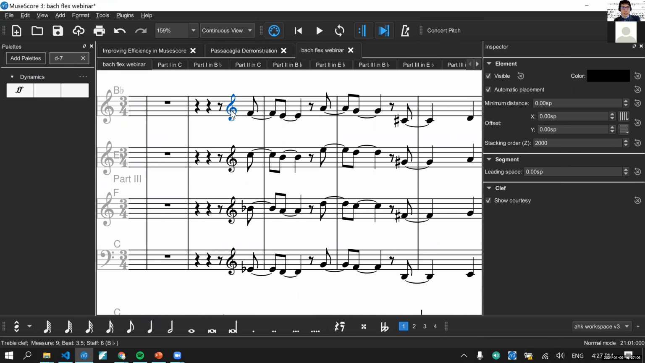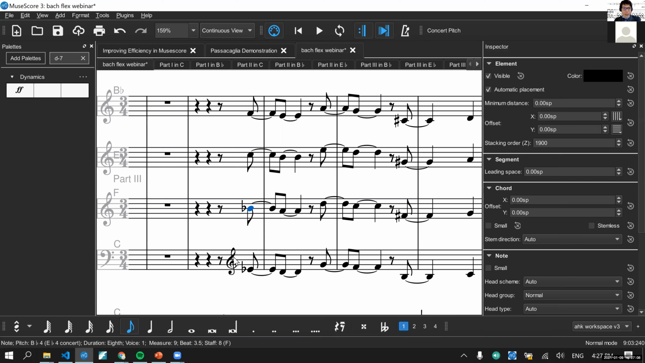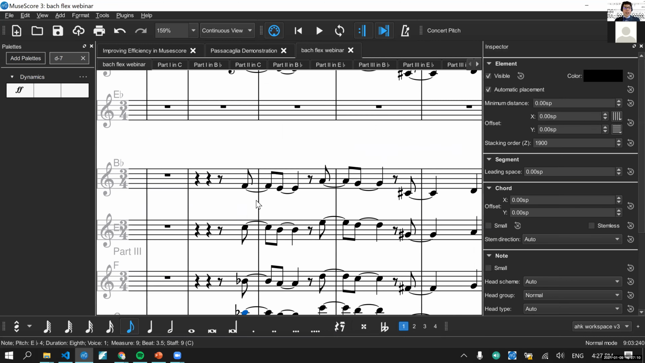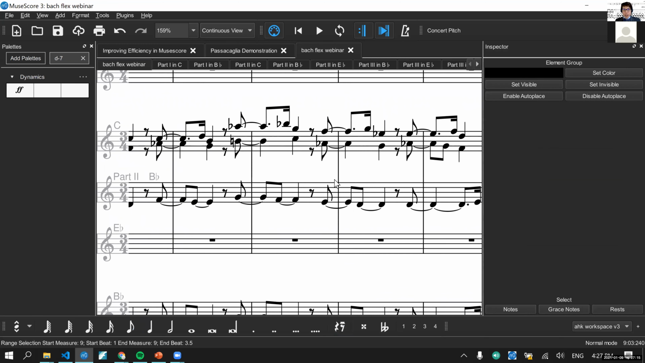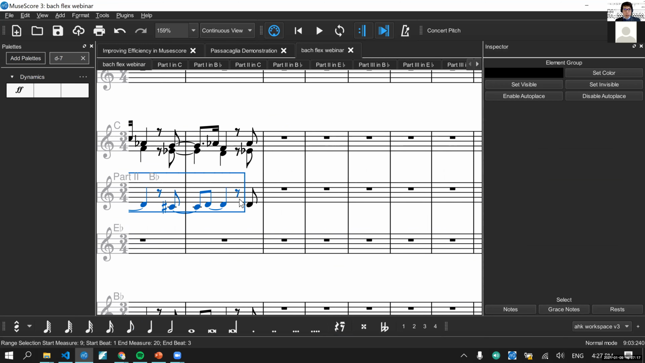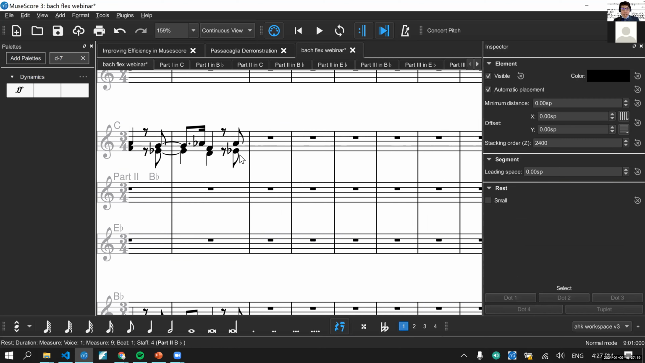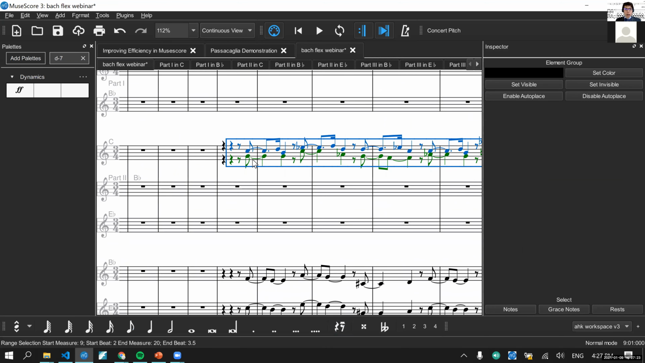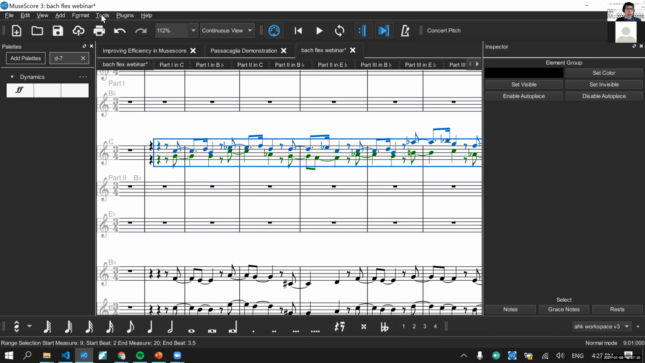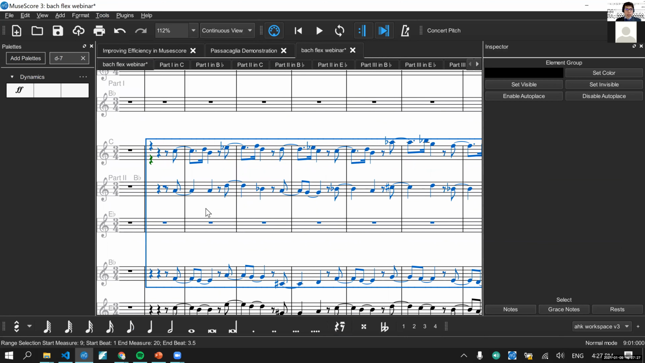Sorry, some tools don't work as well as others. That would be one of them. So now it's in the correct clef. So we want to delete this part because we put it in the right space. And now we can use the explode command on this part. So we can go to Tools, Explode, and